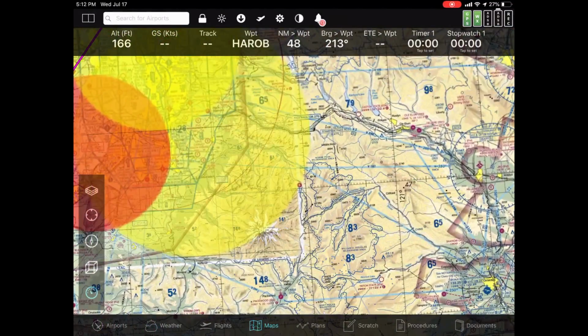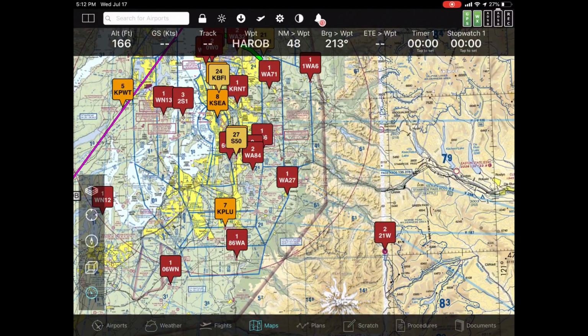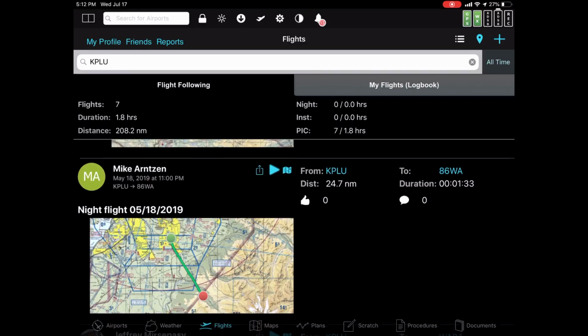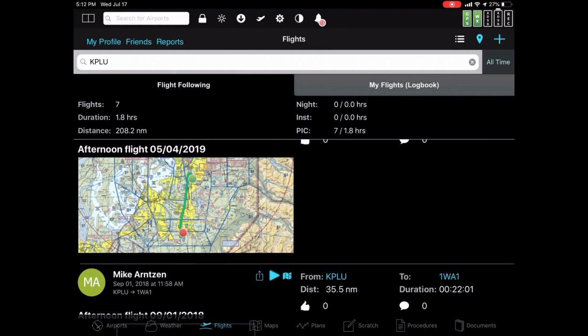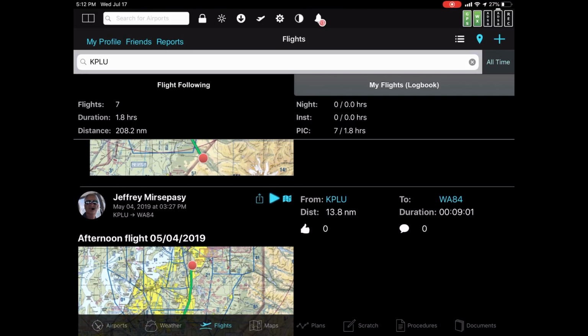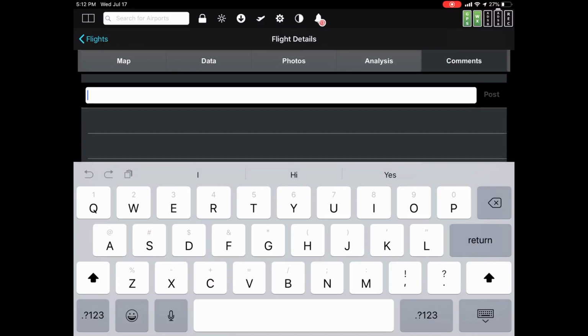So again, if we zoom in, we see things like PLU. So if I want to know who's flown to PLU, I tap on that. It looks like Jeff and Mike have both flown there recently. So this would be a great opportunity to, again, talking about kind of the social aspect of this. I can say something like, oh, maybe to Mike, there are a couple of buttons on here. One that looks like thumbs up, so I can give him congratulations for a nice flight. Or I can hit the comment button and say something like,